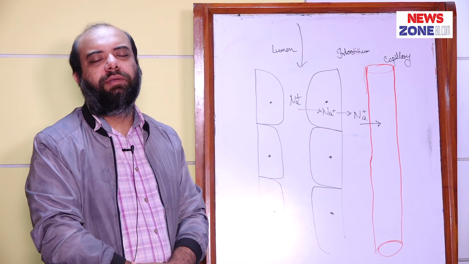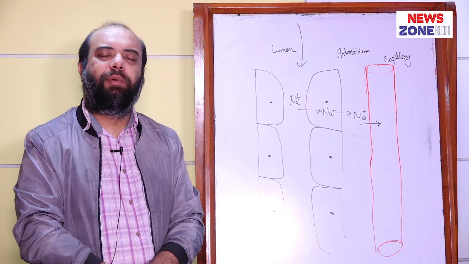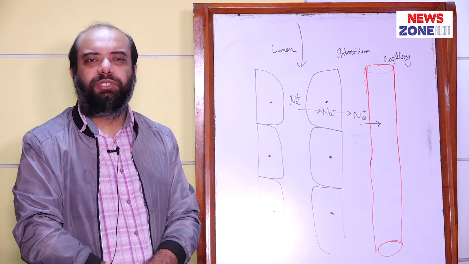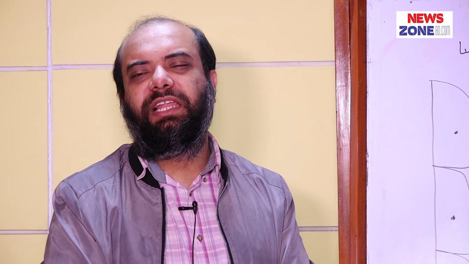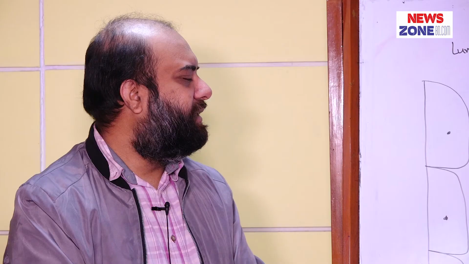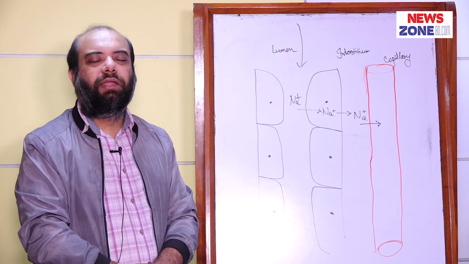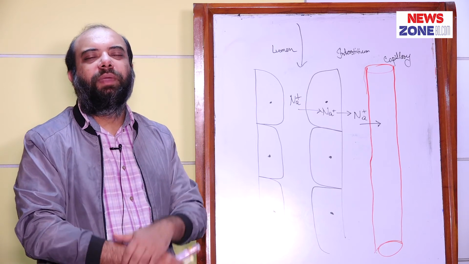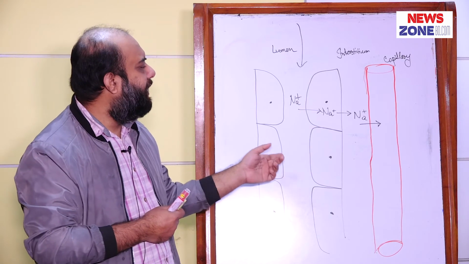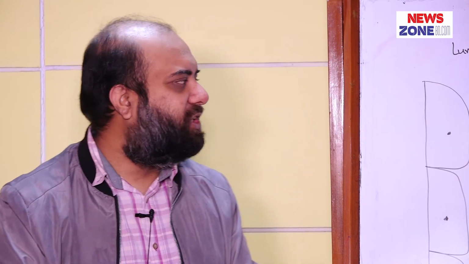Now we will come to the second portion, that is the thick segment of the ascending limb of loop of Henle. You already know that about 30% of sodium load is reabsorbed from the thick segment of ascending limb of loop of Henle. Now we have to know which mechanism is involved here. This transport process includes 1 sodium, 1 potassium and 2 chloride ions being transported from the lumen into the renal tubular epithelial cells in the same direction. That's why it is called the co-transport mechanism.